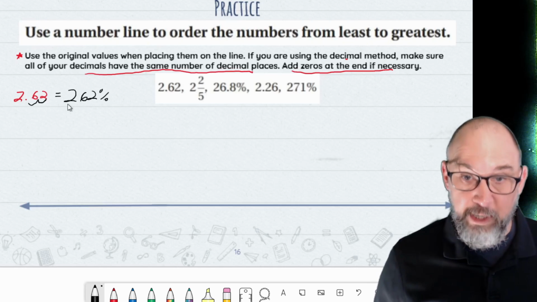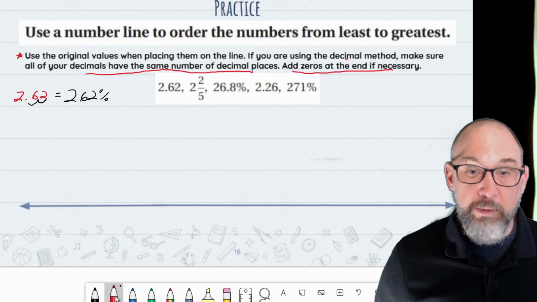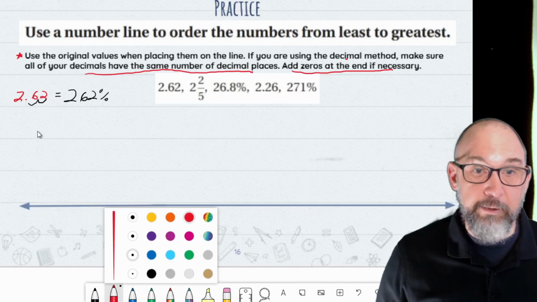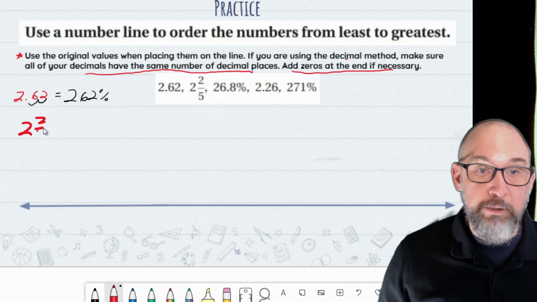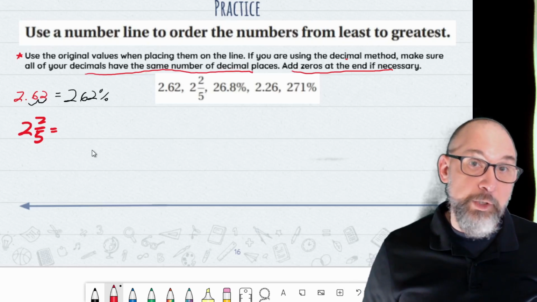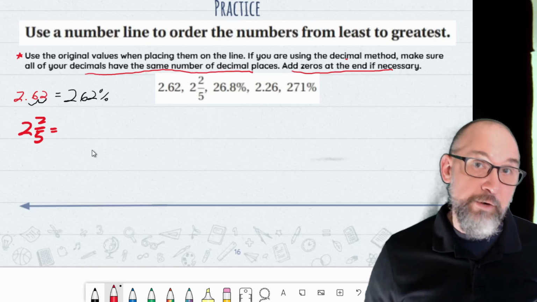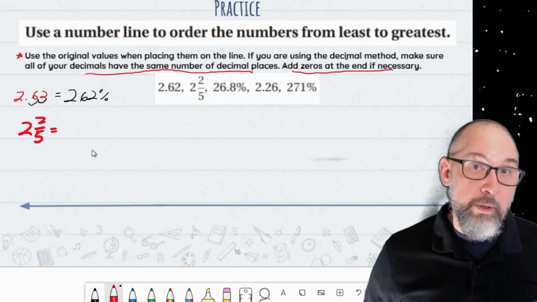So that's one of my numbers. Next, I'm going to take 2 and 2/5. So 2 and 2/5. When you're working with a mixed number, you've got two options. You can either turn that into an improper fraction and then go from fraction to percent, or if you're able